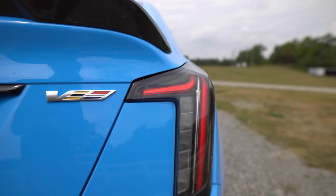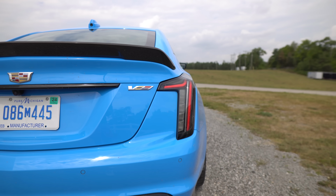The taillights are pretty cool. They kind of come out. It's pretty much the same as the CT5V that we drove. Yeah, I feel like it might be darker, just more like body kit stuff. Overall, no complaints. Trunk room,